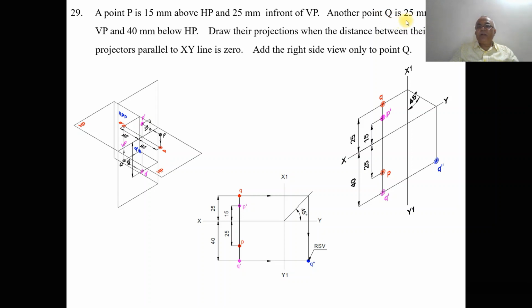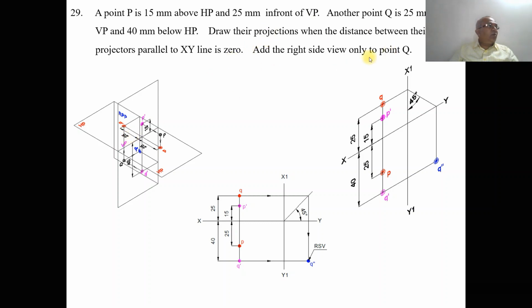Another point, capital Q, is 25 mm behind VP and 40 mm below HP. So obviously since it is behind VP and below HP, that point will be in the third quadrant. So we have HP here and we have VP here. Now when you look from the front view, we can see the distance below HP. That distance is seen in the vertical plane, and when it is projected, it will come on the vertical plane, which is Q dash, which is 40 mm below HP and 25 mm behind VP. So when you look from the top view, this distance 25 mm behind VP, we can see directly on the horizontal plane here, which is 25 mm.